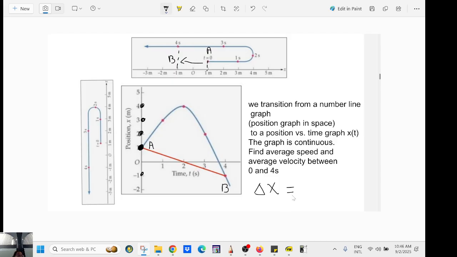So final position minus initial position. This is the final position, and this is the initial position. So -1, the final, minus initial is 1, so it's going to be